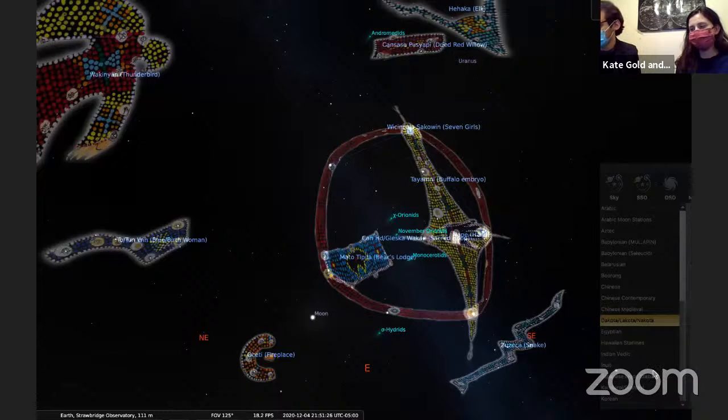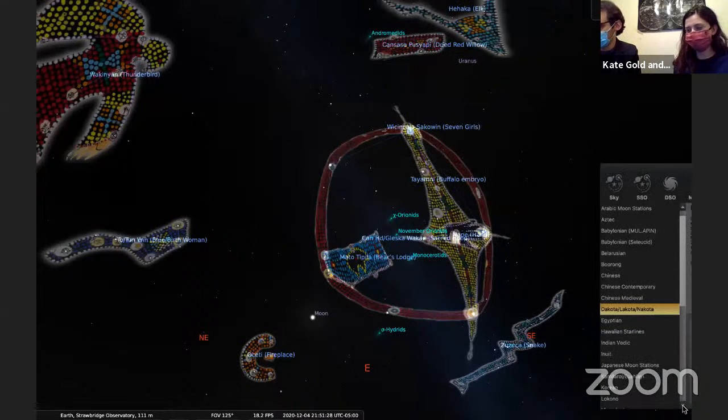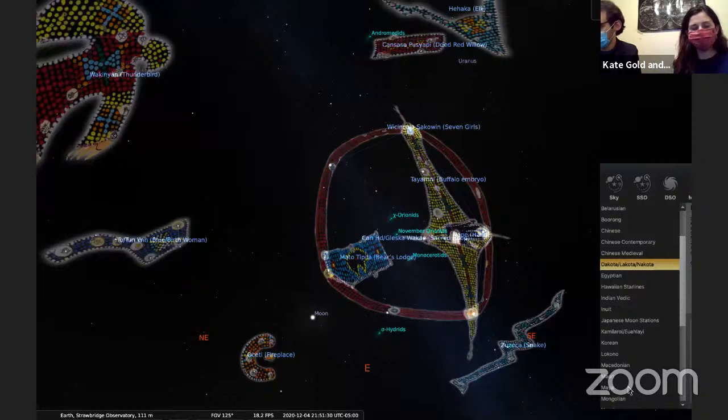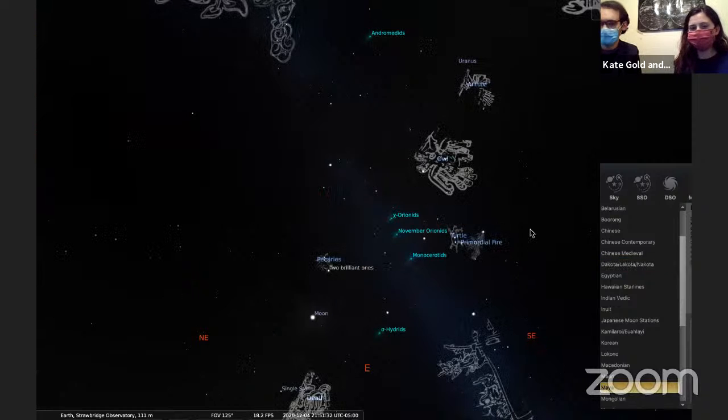Let's take a look at, we were just discussing, Maya, which is also incorporated into Stellarium here.